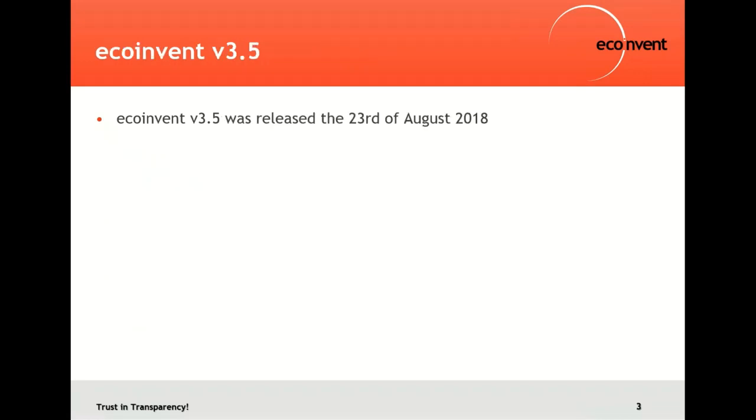Okay, so let's start by presenting ecoinvent 3.5. ecoinvent 3.5 was released already last year in August 2018. We are keeping up the speed of a yearly release happening in the summertime. We updated quite a list of sectors that I'm going to scroll down now. And in each case, we were doing updates or even additions of data, or even creating new sectors that didn't